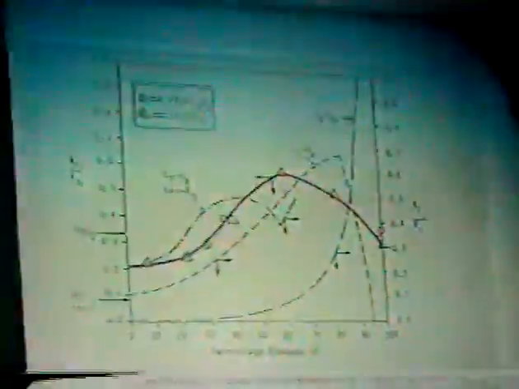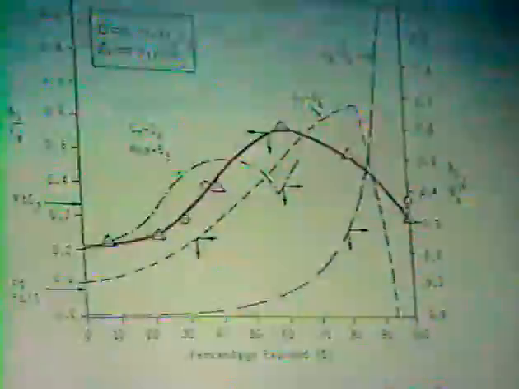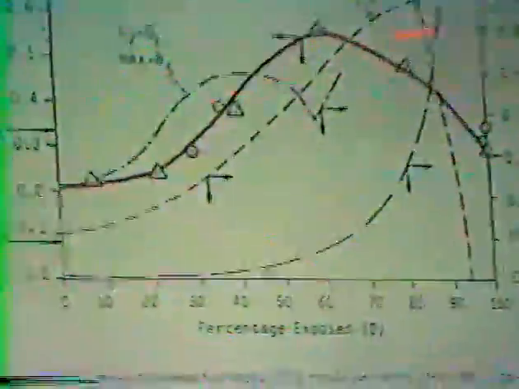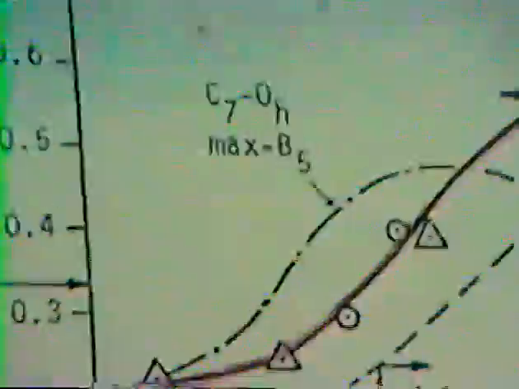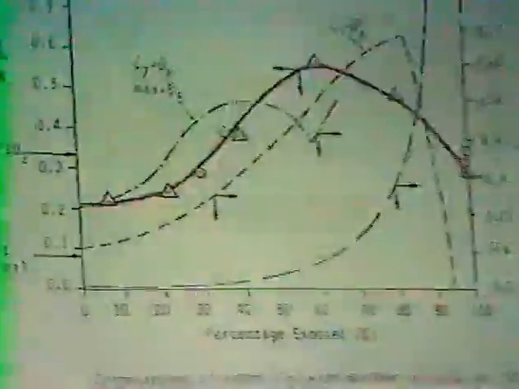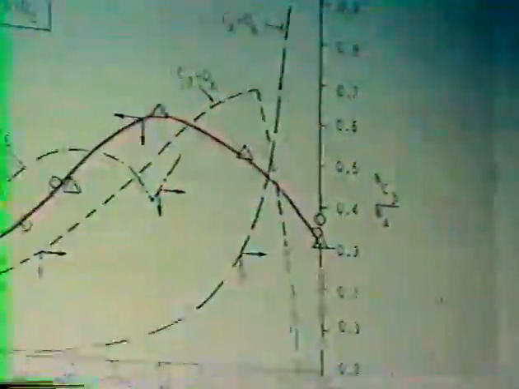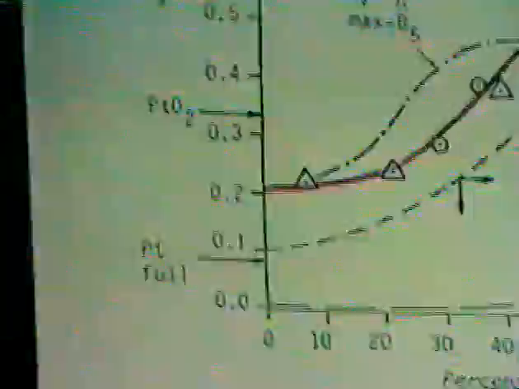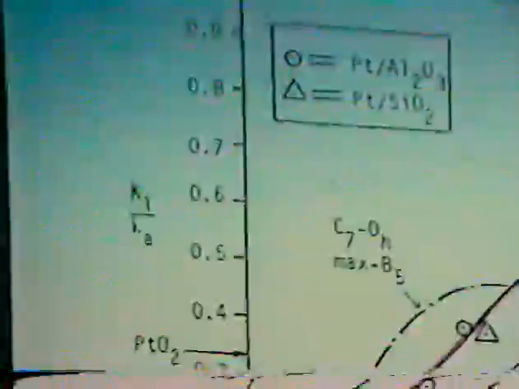if you plot in this way, and remember I had plotted earlier in another way, if you plot the fraction of edges and the fraction of corners, and these are the fraction of edges on this cubo-octahedron crystallite that had partial overlayers of metal atoms on it. And you see it goes through a different maximum here than this maximum here. But if you overlay our data on this particular figure,